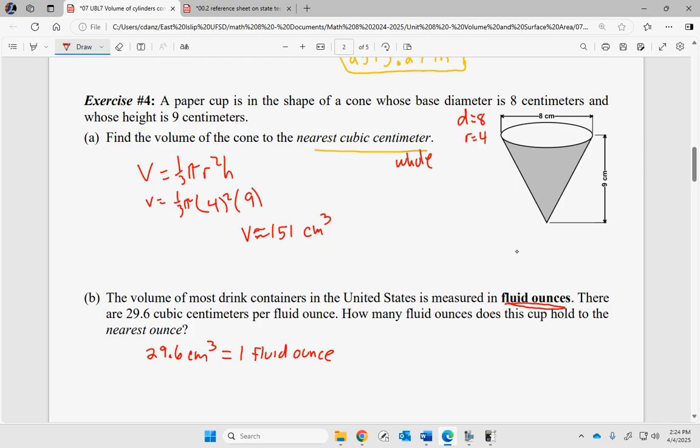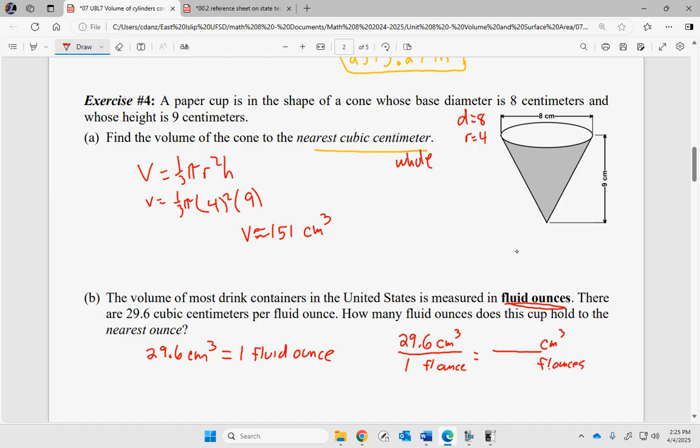I want to know how many fluid ounces this cup holds to the nearest ounce. So I'm going to show you another way we can do conversions. You could always make a proportion. I love proportions. I like to say something like 29.6 cubic centimeters over 1 fluid ounce equals, and now on this side I'll put the cubic centimeters in the top because my units need to match, and the fluid ounces